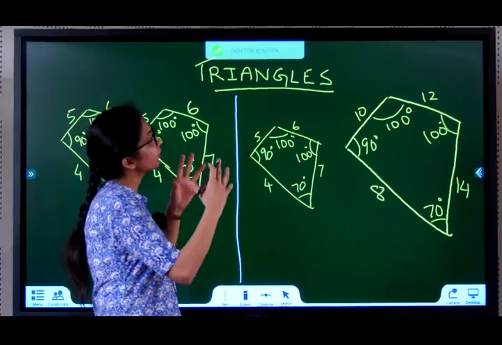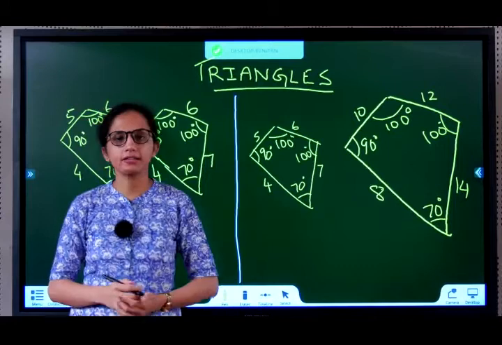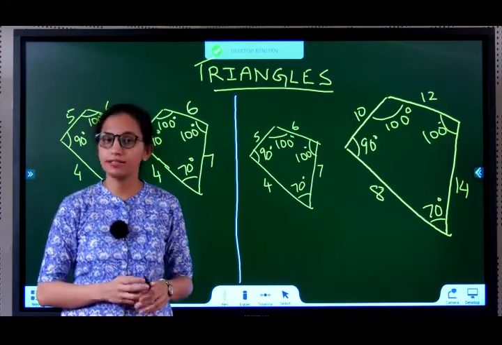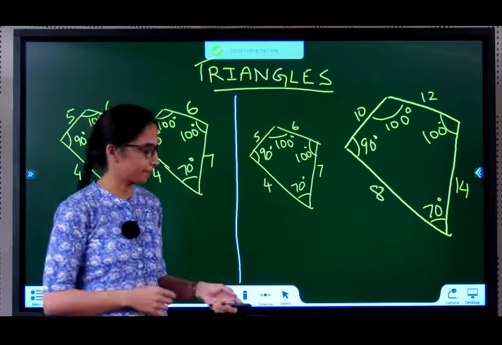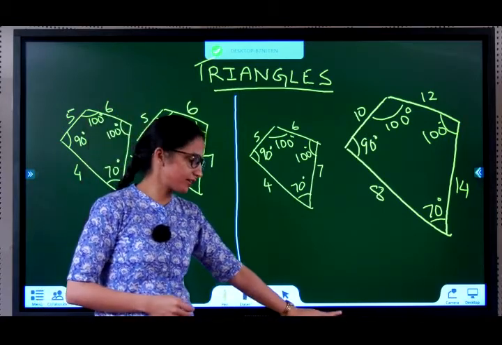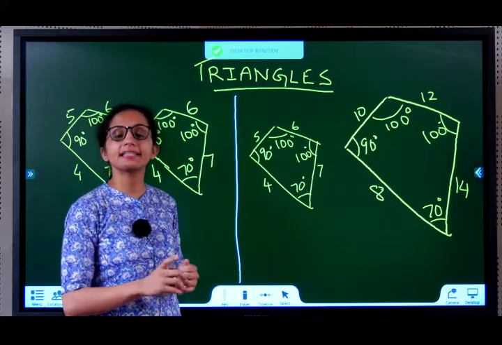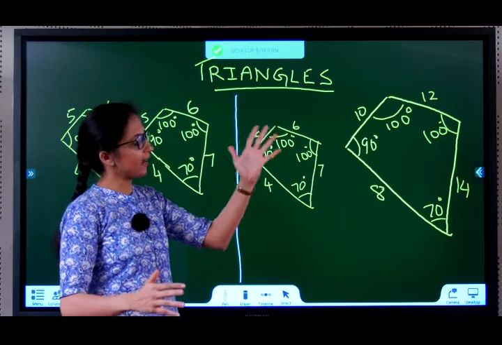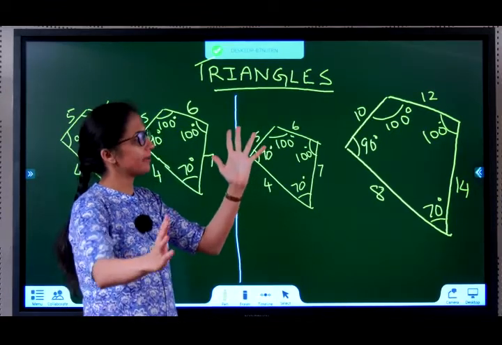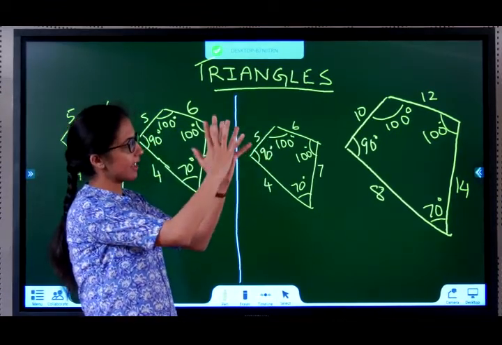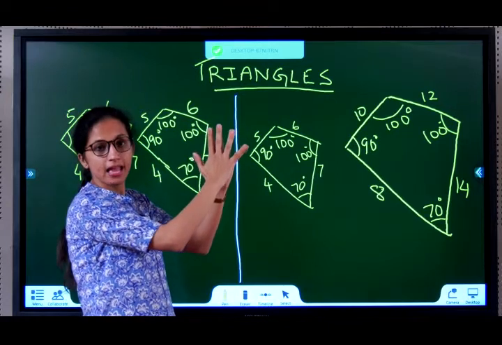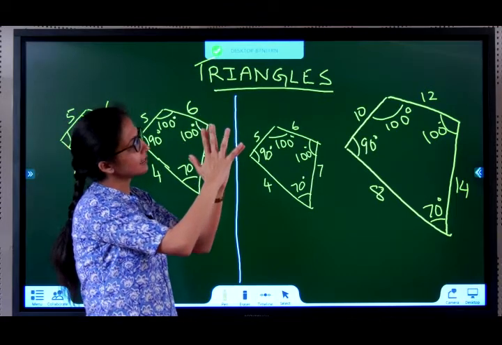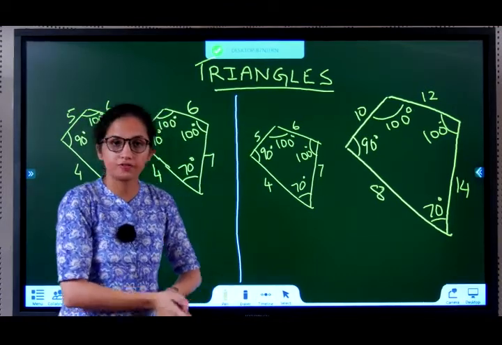Before we go into deeper understanding about triangles, we will first understand what are congruent figures and what are similar figures. Are they both the same? Congruent figures are exactly same figures, exactly same. So if I take this hand over here and I bring another hand, they are exactly same, exactly equal. See, such figures are called congruent figures.